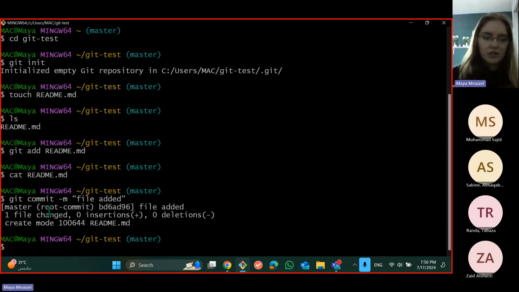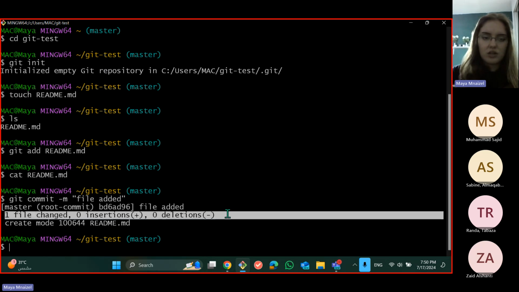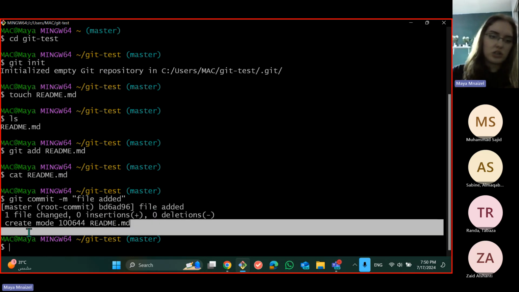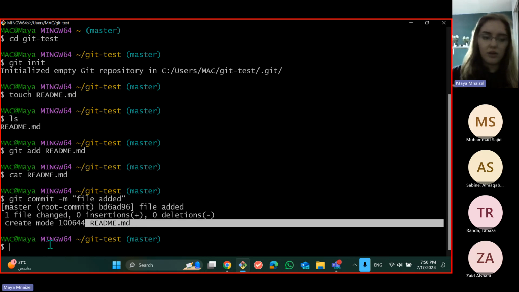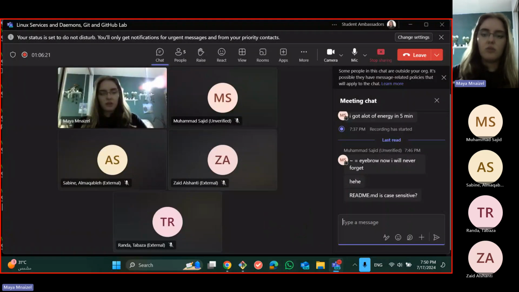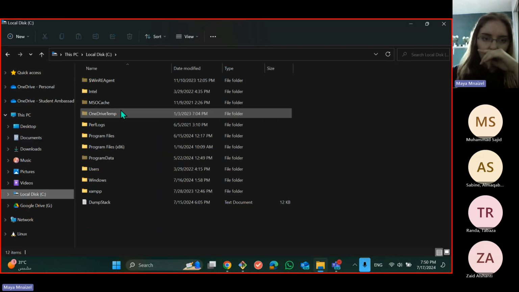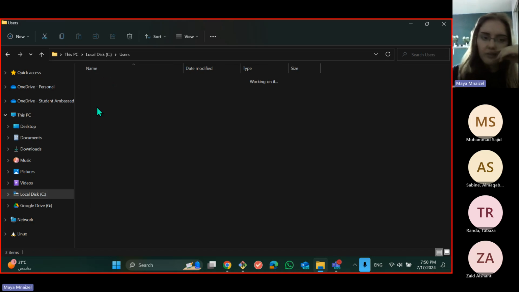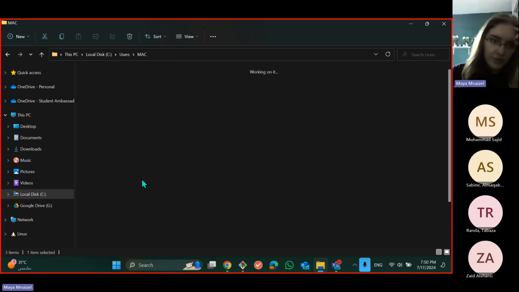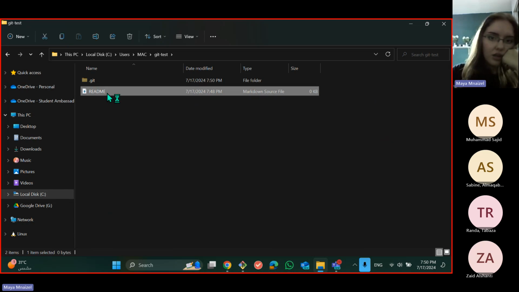Okay, so here you can see that it has been committed on the master branch. One file changed, with zero insertions and zero deletions, and we have created the readme.md. Okay, that's great. That's what we want. So now if we open my C drive, and then we go to users, and then Mac, and then we go to git test, we're going to see a readme.md